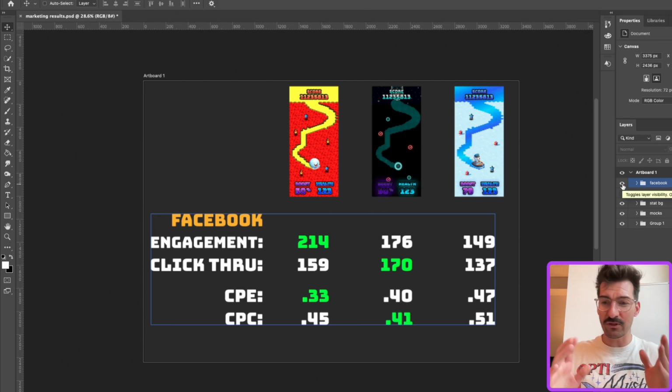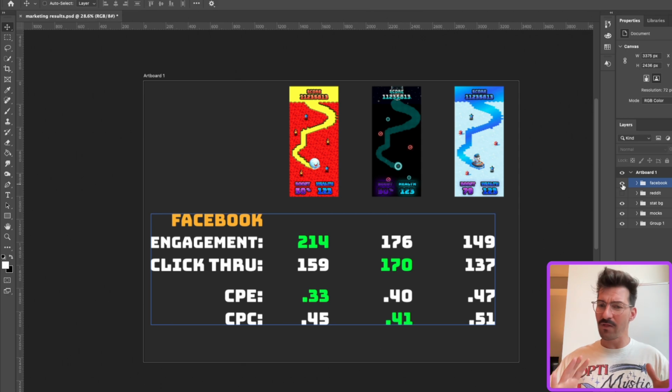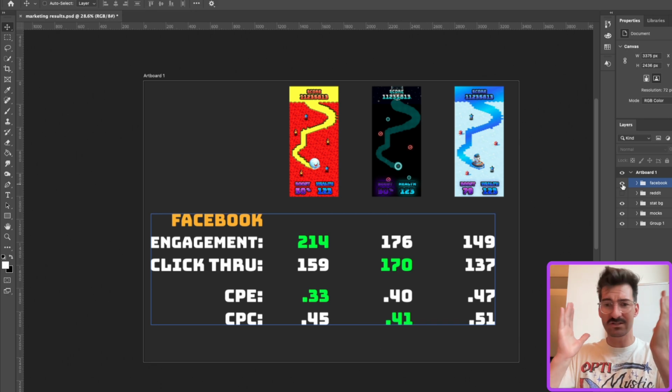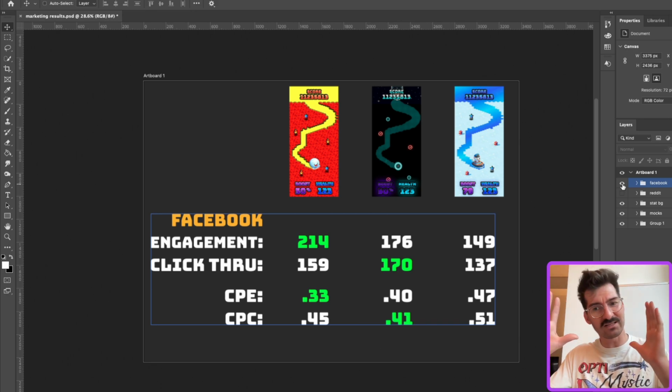So we threw these 3 different mock-ups on there with a play now call to action. Not a whole lot of customization of the text or anything like that around it. Just really, here's what the gameplay looks like. What do you guys think? Who's clicking? Who wants in?